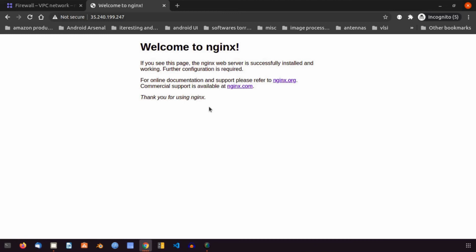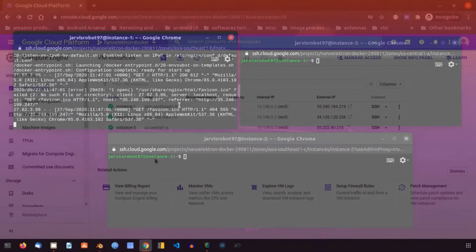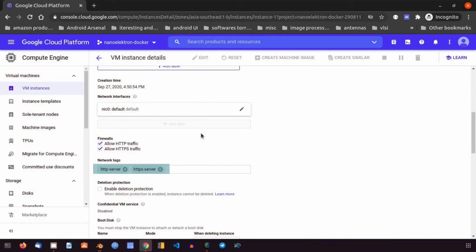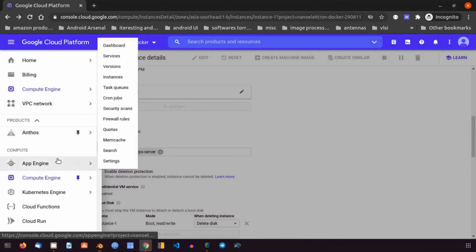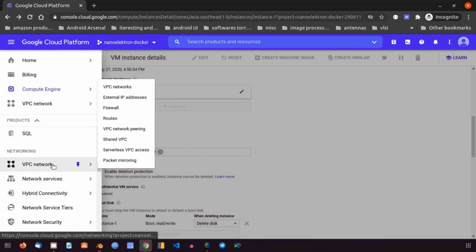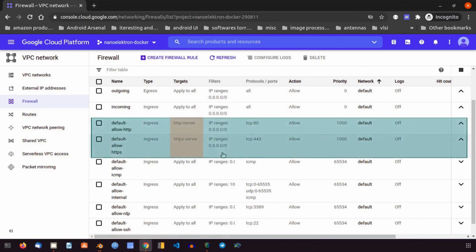And this is possible only because of two main reasons. The web server is running perfectly fine in the form of a container with its port exposed to the VM instance. And by clicking those two checkboxes, we have added two network tags which have applied firewall rules. You can find these firewall rules under the networking section in VPC networks, under firewall. These two rules allow our VM instance to receive packets from any machine in the world through port 80 using